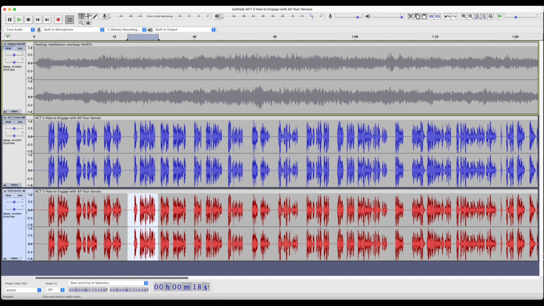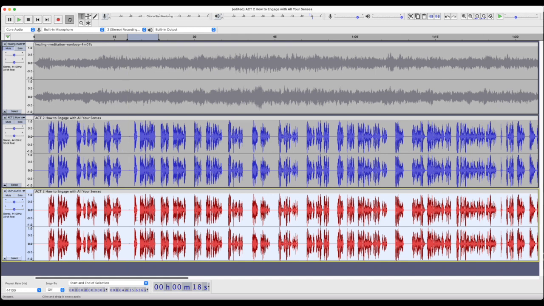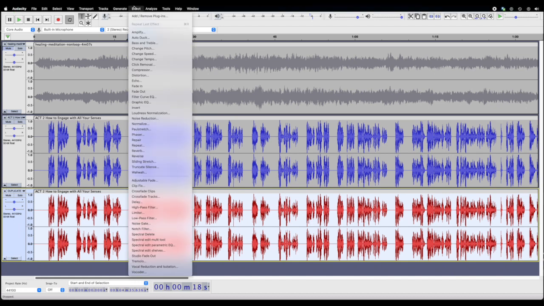And let's say I want to add reverb to this track, but I want to hear what reverb sounds like compared to this one. First, I need to select this track, go to my effects, add reverb,